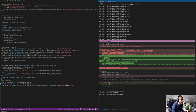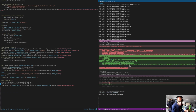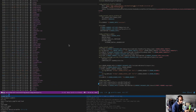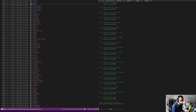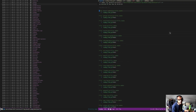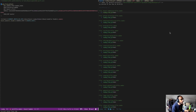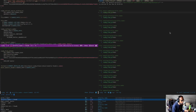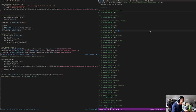So let's go back to our port file, and we'll apply this patch. So the first thing is we need vcpkg from Git. Now I don't really know if vcpkg has changed, so before we just do that blindly, let's have a quick rg at ports. Okay, so it seems like vcpkg and GitHub is still supported, and it seems like the format is not that different from back in the day. So we will just go back to our diff,